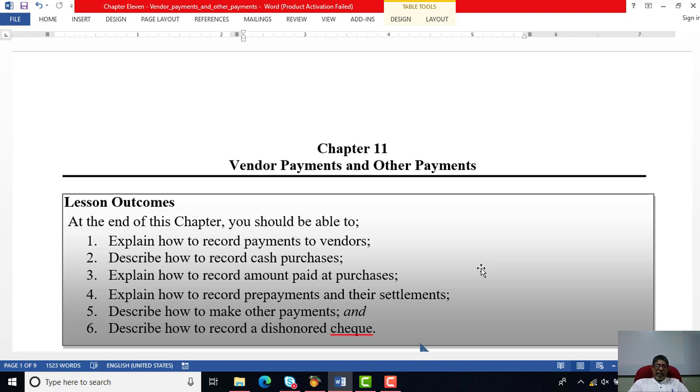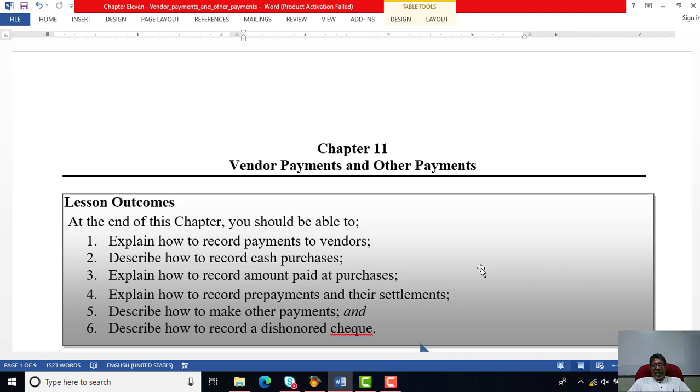Other than that, you can pay the part payments to your vendor at the time when the invoices are created. So we will be looking at how to make the part payment to your vendor at the time when the invoice is created, using the invoicing option. So those are the vendor payment options. As you can see, there are various types of vendor payment options which we can apply using this software package, right?